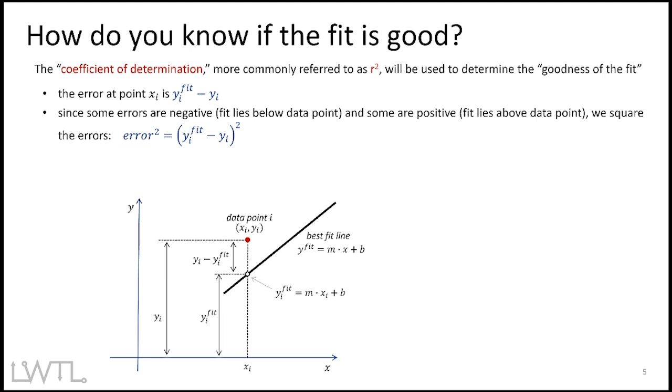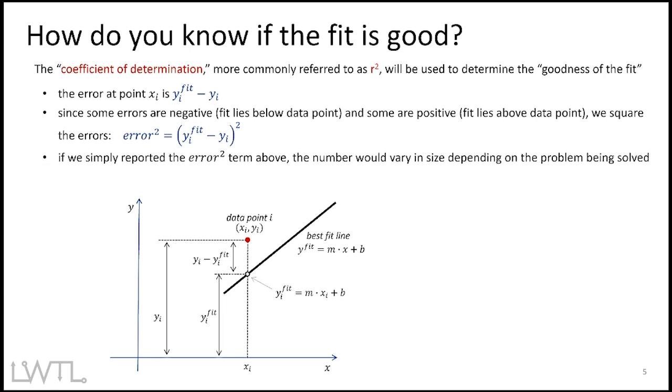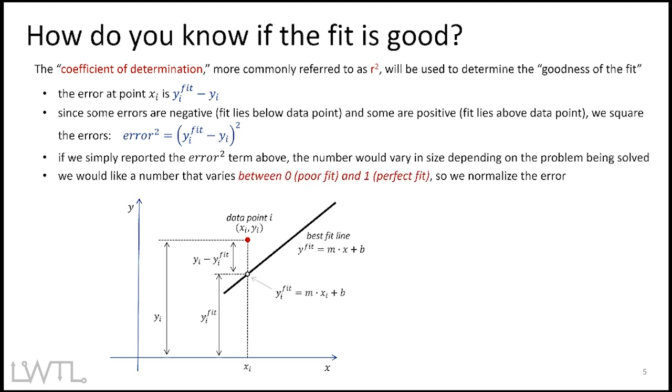It makes everything positive. Depending on the data set, you might have a really large error squared or a really small error squared. And so in order to overcome that, so we can have a consistency between data sets, regardless of if it's large data or small data, we do what's called normalizing it. And what happens is we normalize the data by making it fit between 0 and 1. By making it fit between 0 and 1, we're able to have a uniform analysis and understand, regardless of the data set that you're looking at, if the R-squared value or the coefficient of determination falls between 0 or 1,